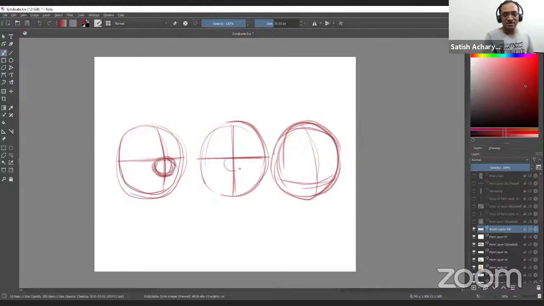Maybe another circle like this. So from the top angle, the ears will look like this.